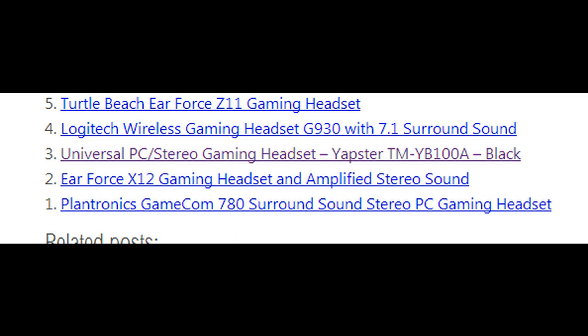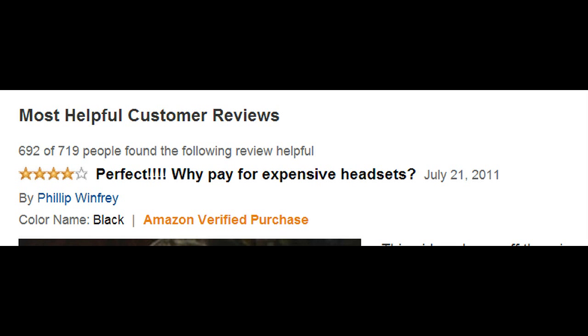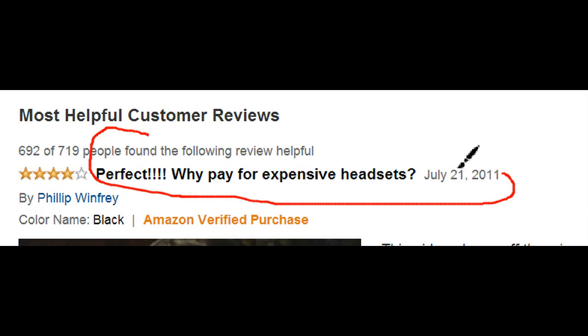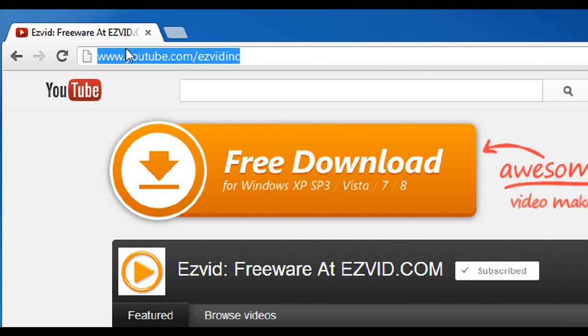We're down to number 3, the Yapster TM-YB100A. So this is one of the most popular headsets that's out there right now, and it is cheap. In the US, it's selling for $15.98, which is basically nothing. And of course, it's not USB. It uses a 3.5 millimeter connector. And it's gotten pretty decent reviews. All right,